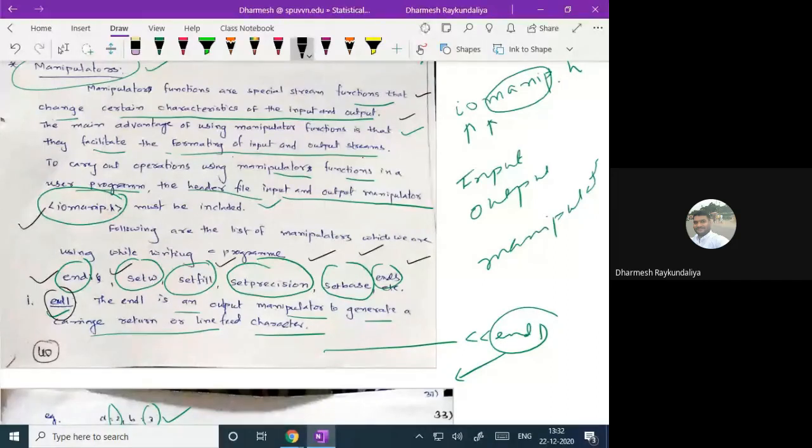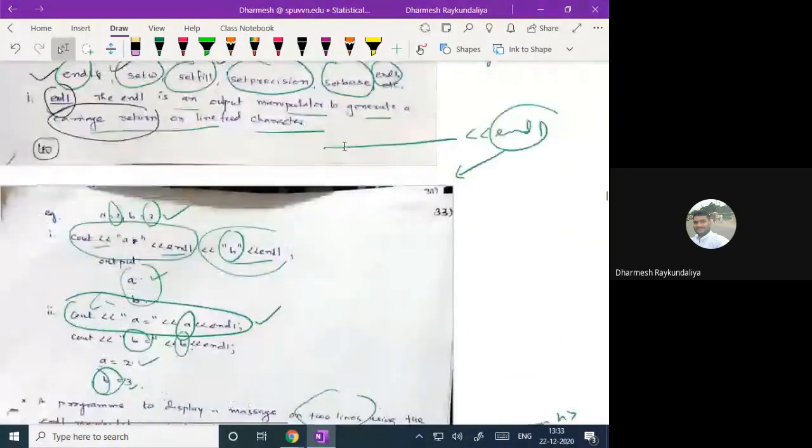So if you are using endl, there is no need to declare iomanip.h. The role of endl is to just take a carriage return. That means if you are looking for the output on a new line, then you can give the endl manipulator